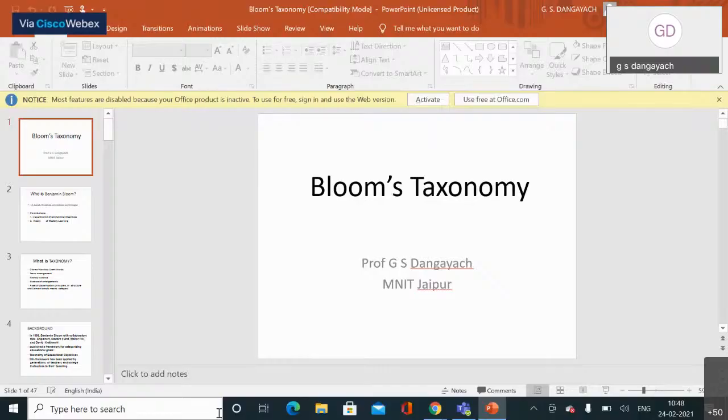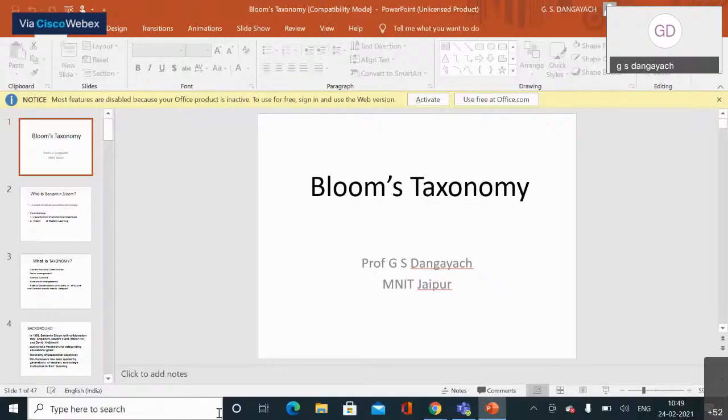But that is not. One should know clearly the CO, course outcomes, the program outcomes, the POs, and how they map. That is important. So I have given a number of talks also on this COPO mapping and NBA. So Bloom's taxonomy is useful